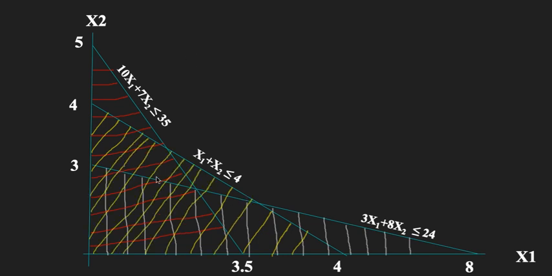So here we are done with the coloring in this part also, that is under this line, because it is less than, that is x1 plus x2 is less than or equal to 4. So we have to color it below this line, from this to this, under this line only.